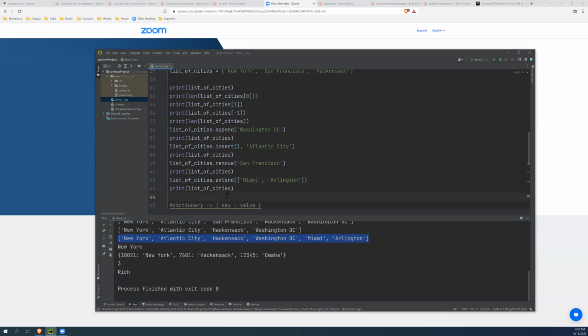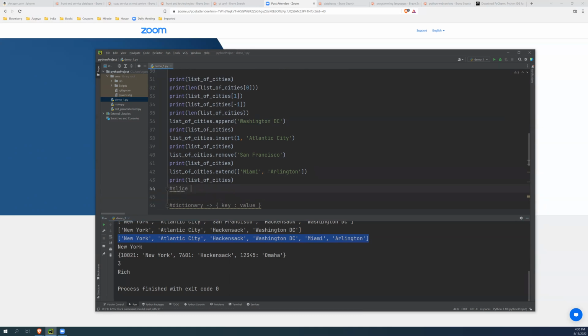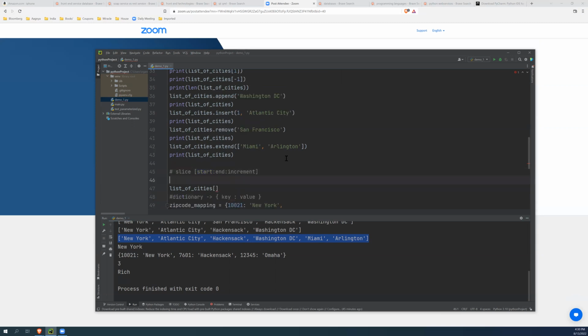All right, now Python offers something called slicing. What slicing means is, from a list of cities, the syntax is this: you have a start, you have an end, and you have something called an increment. So let's say I want the first 3 elements. I can do 0 to 3 because I want 3 elements,